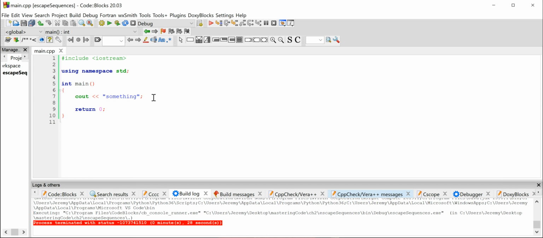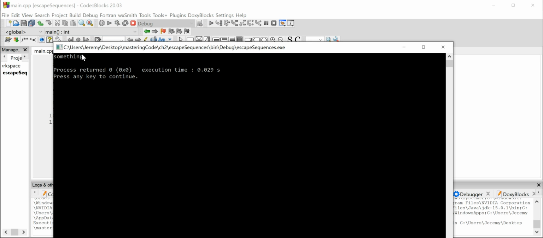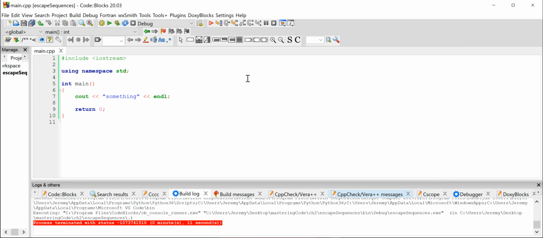And no better person to invite to the party than endl. And so let's drop down a line after we've printed something. And then when we do that, something prints out to the screen. We have a nice space, and then we have a different output that's apparent because "process returned zero" is a different output. And so, yeah, that fixes everything, except that endl was completely unnecessary in this situation,